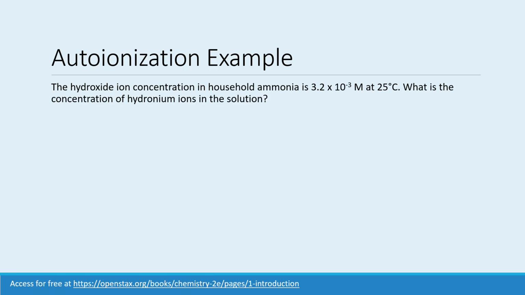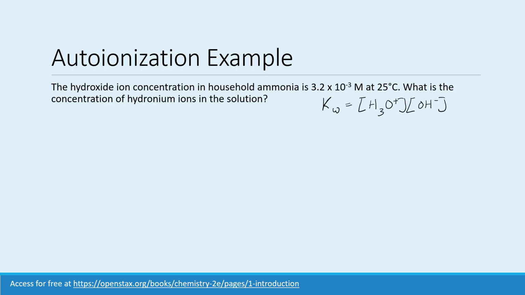Okay, so for our next example, we're going to use that Kw equation, that equilibrium constant, where it's equal to the hydronium ion concentration times the hydroxide ion concentration. Okay, so the hydroxide ion concentration in household ammonia is 3.2 times 10 to the negative third molarity at 25 degrees Celsius. What is the concentration of the hydronium ions